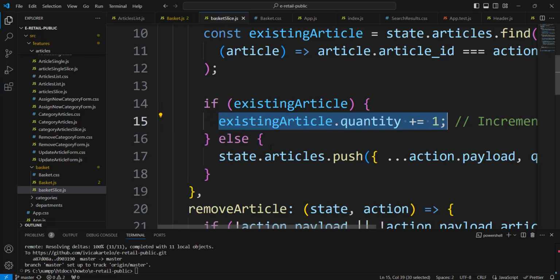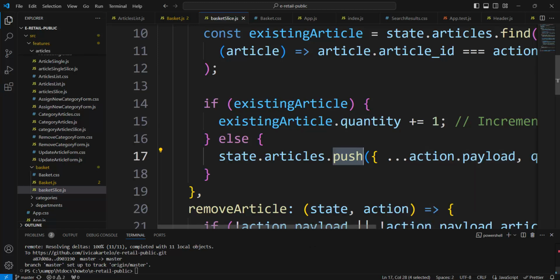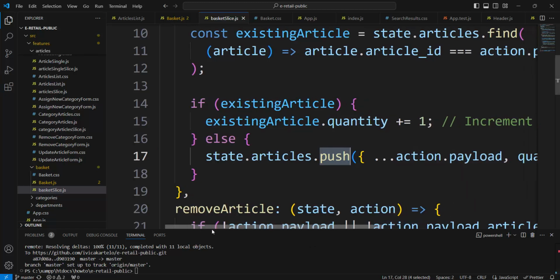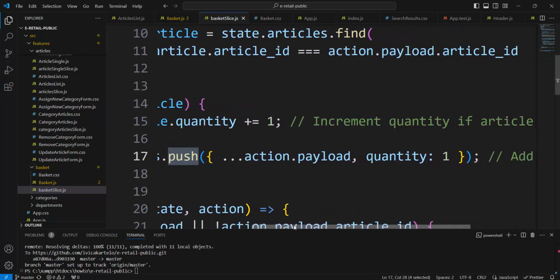It means that for the existing article, there is a quantity in the table, and it would be +1. Contrary, else, state articles push. This is direct concatenate